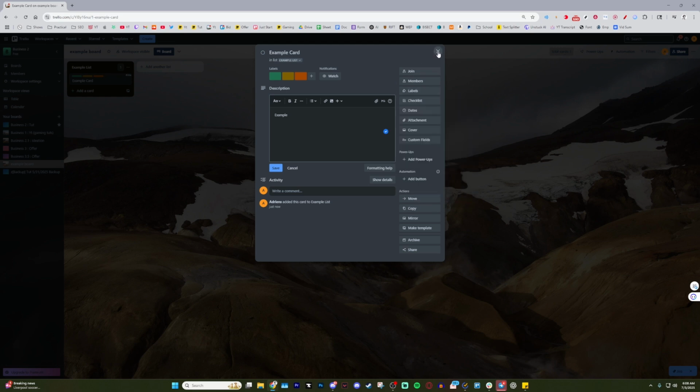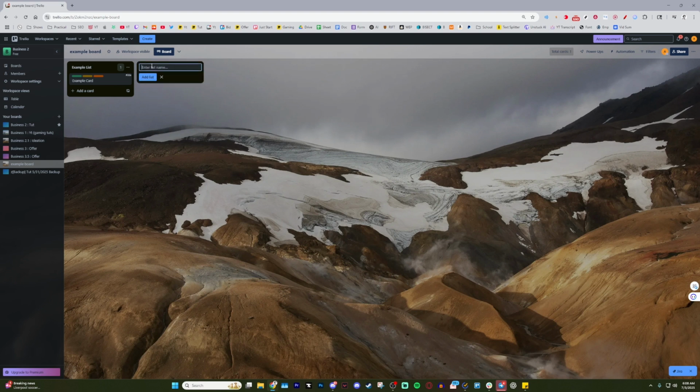Once you have your card set up the way you like, you can move it around your board by simply dragging and dropping it to different lists. This is a great way to track the progress of tasks as they move from one stage to another. For quick selection, you can hit the spacebar to select a card, a handy pro tip for Trello power users,